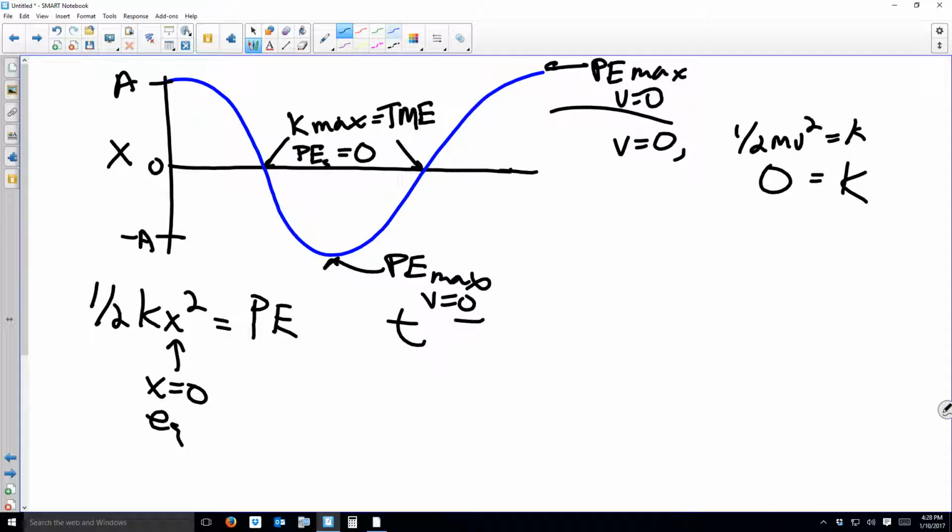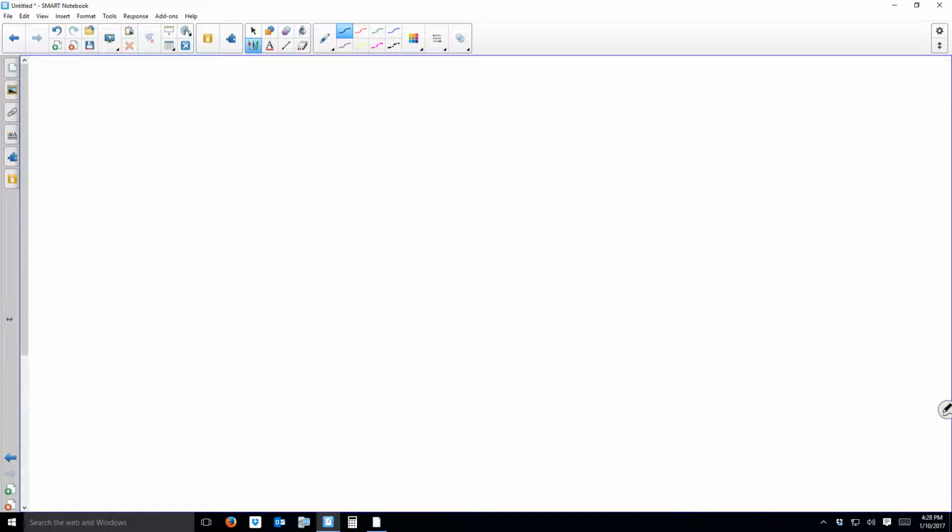And anywhere in between, we have some combination of both. But whatever that combination is, it still has to add up to either the potential energy max or the kinetic energy max, both of which are total mechanical energy. Whatever our combination of energy is, it has to equal up to the exact same thing at any point along this oscillation. So just to summarize that, at our equilibrium point,